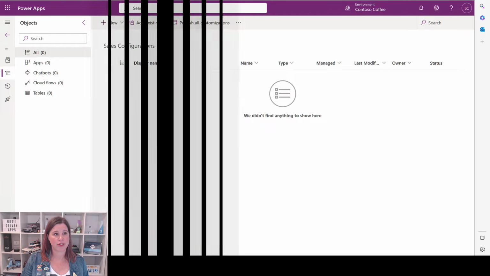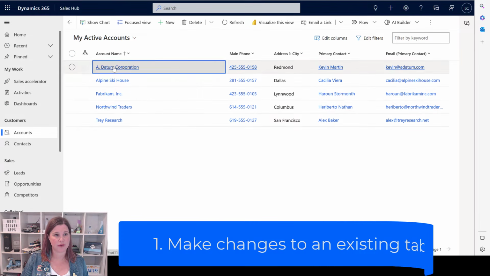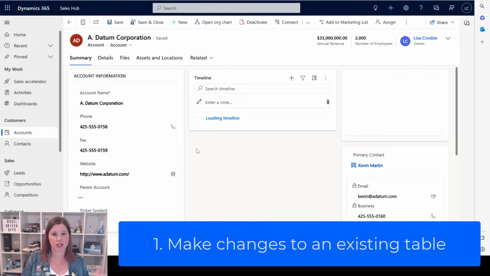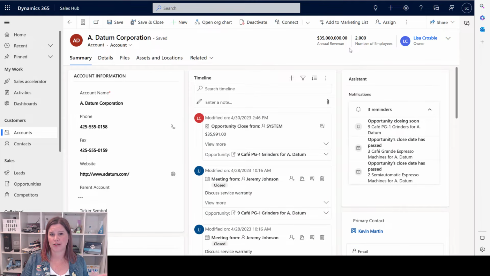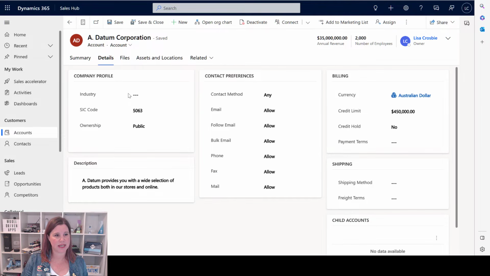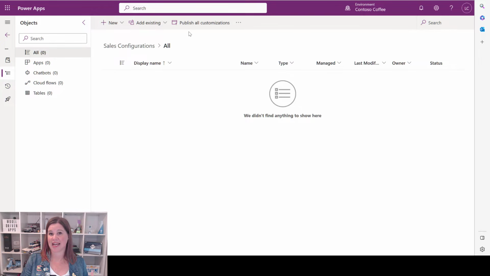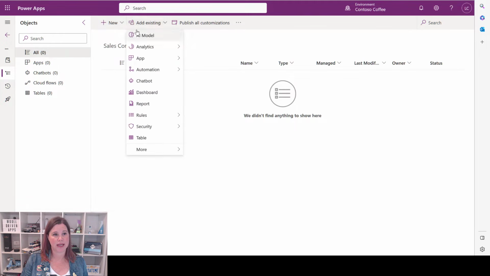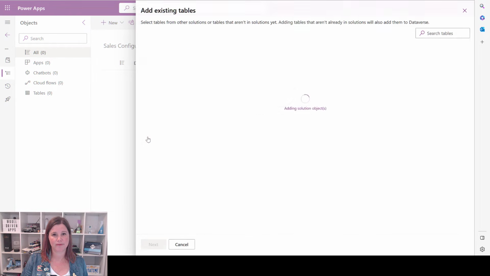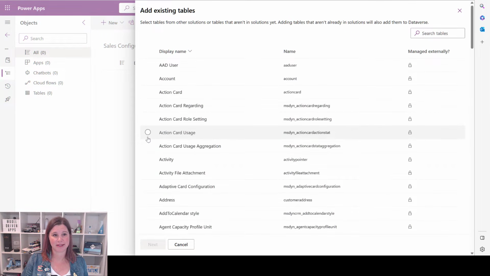So the first thing we're going to do is work with the accounts. So if I click through here back to A Datum Corporation and have a look around, you'll remember I said I wanted to remove number of employees. I want to get rid of ticker symbol, perhaps also on the details thing here, we just don't use this shipping. We're not shipping anything out, so we might want to get rid of that. So if I go across here, the first thing I want to do is to add that existing table in here. So we're going to come in and say add existing table,